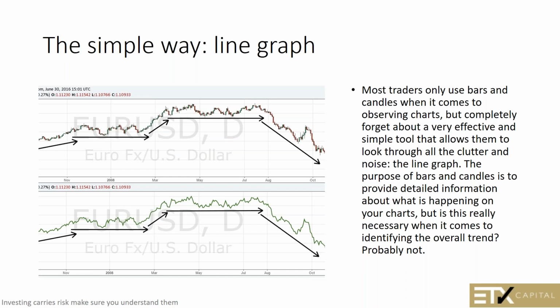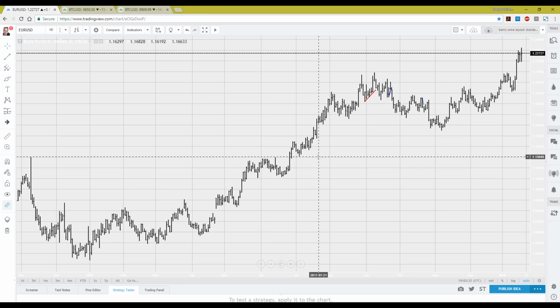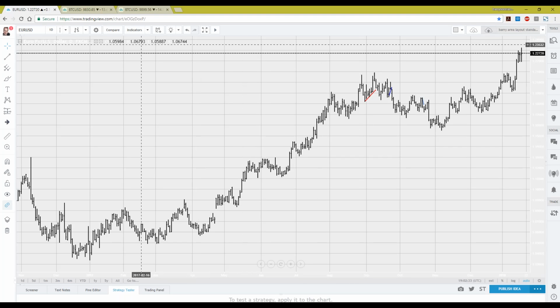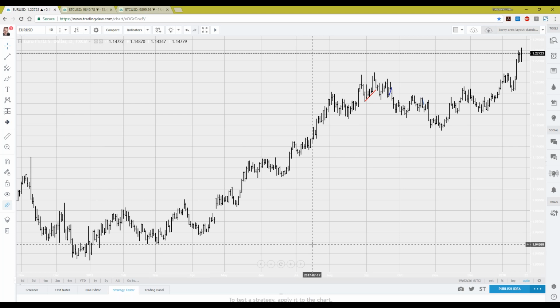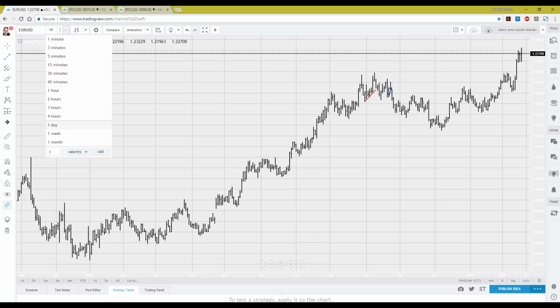And let me pop up a live chart on our screen. Okay, and we're looking at the price, we're looking at the euro US dollar, and we're looking at a one-day chart. So this chart covers a period since November of last year. We would say the euro is moving in an uptrend, correctly? If we were to move this down to a